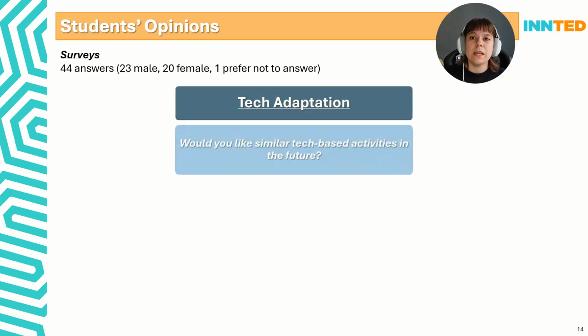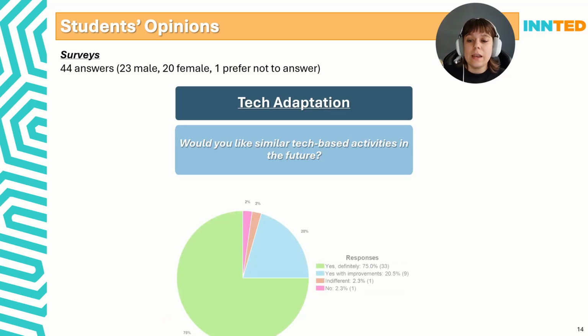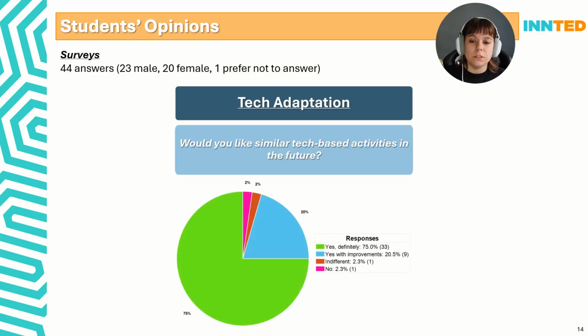Finally, for tech adaptation, answering the question, would you like similar tech-based activities in the future? 95.5% of the students endorsed future implementations, yes, definitely, or yes, with improvements, underscoring its high adoption potential for smartphone-based